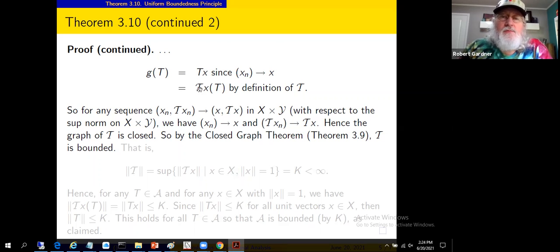So these are equal on calligraphy A. So if we take any sequence of the form x sub n, calligraphy T of x sub n, input values and output values, this will converge to x, calligraphy T of x, in the space X times calligraphy Y, a direct product, because we'd use the sup norm on that direct product. If we use a sup norm and we have the pairs converging, then each of the constituent parts of the pair must converge. That is, we have,